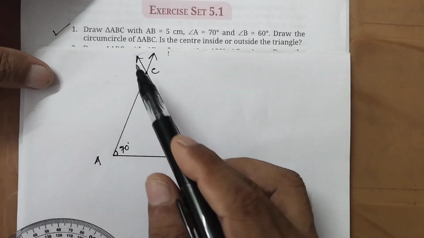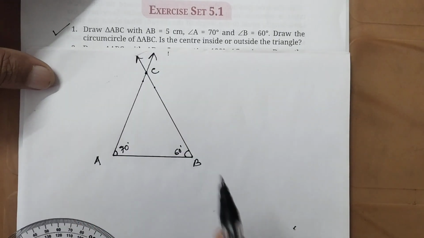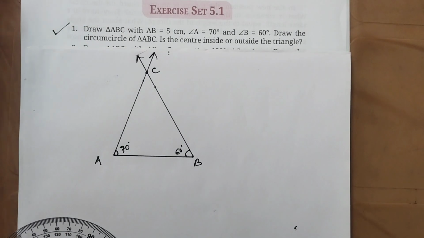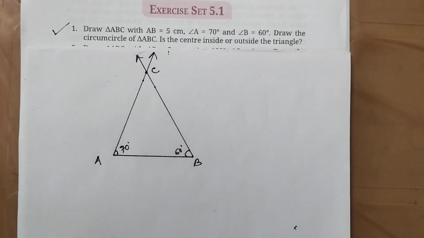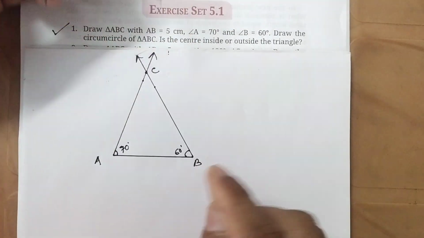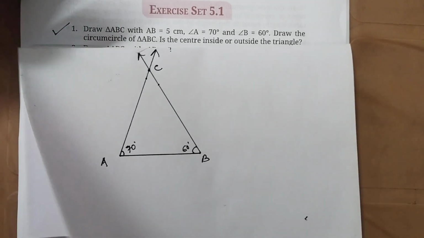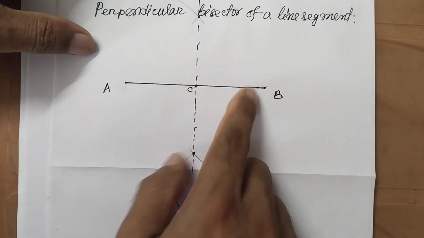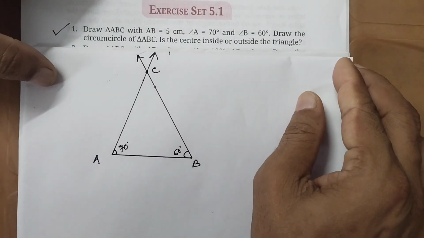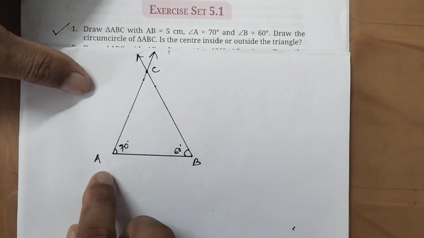And draw a circumcircle of triangle ABC. We got the triangle ABC. And then to draw the circumcircle, you have to find the perpendicular bisector of any two sides. Just now we have learned here how to draw a perpendicular bisector. We have discussed it. So same thing,